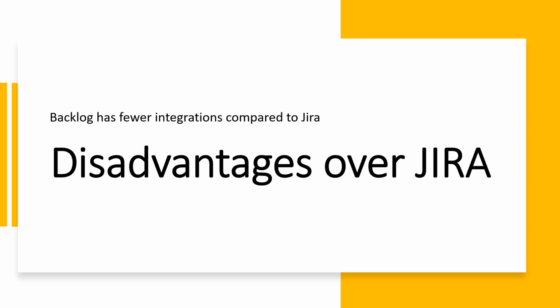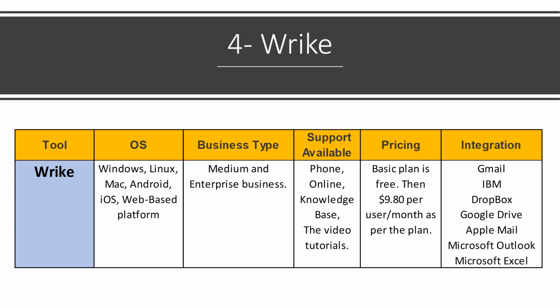Let's check out the website. The number 4 in our list is Wrike. It's cloud-based collaboration software that can be used across any business. It is suitable for any team using the waterfall model, the agile model, or any other model. The key features include a dashboard that can be organized in a single view using drag and drop.